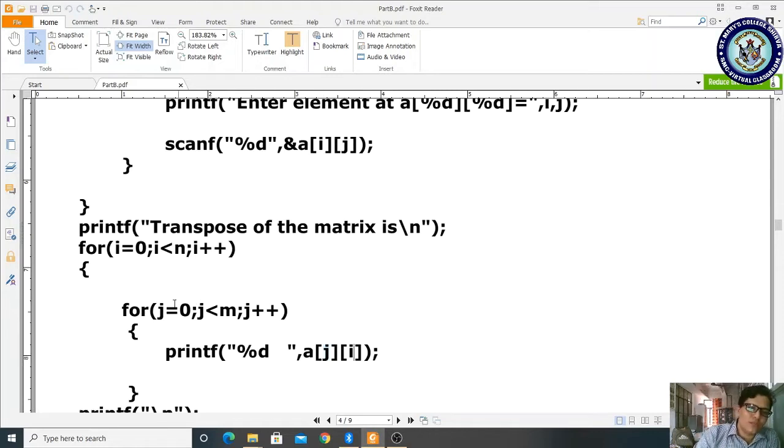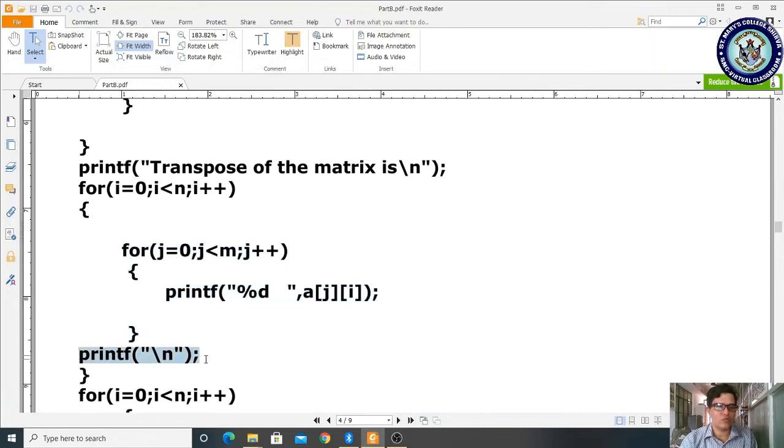Now please observe here, j is equal to 0, 0 less than 2, condition is true, a[0][0]. What is the value of a[0][0]? It is 1. It is displaying 1. And where will the control come next? Control will come for j incrementation. Now j becomes 1, 1 less than 2, condition is true. It will once again print a[1][0]. What is the value of a[1][0]? It is 2. Got it? In the [1][0] location we have the value 2. It is printing. Next j will be incremented, j becomes 2, 2 less than 2, condition false. It will skip this statement and automatically control will move to the next line.